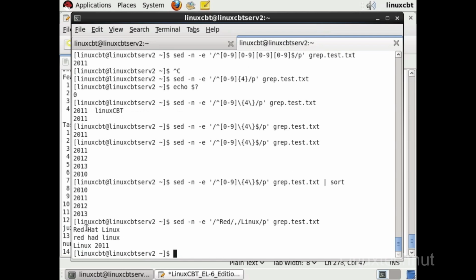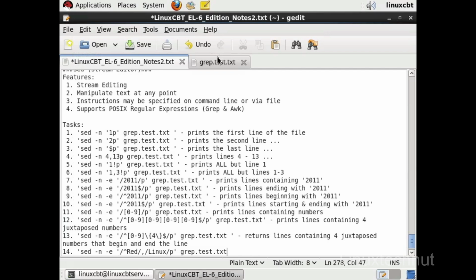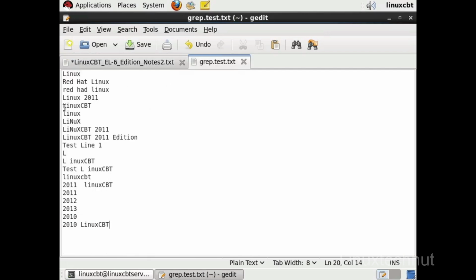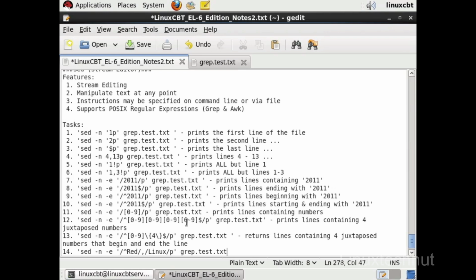And notice, starting with red, it's gotten this line, hat plus Linux, then Red Hat Linux, then Linux 2011, leading up to the next string that contains Linux, which is this one here. So you're able to extract a range of lines from string